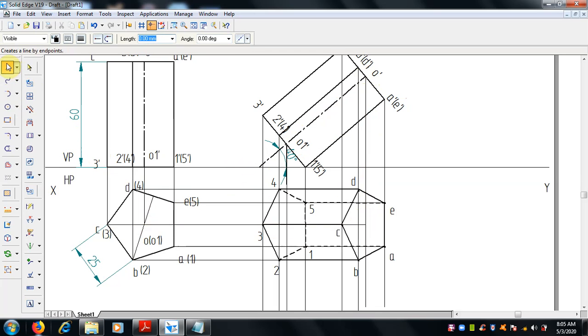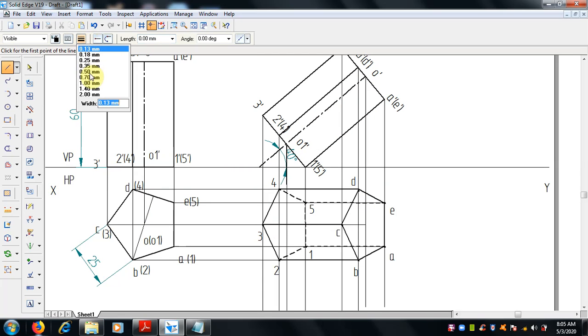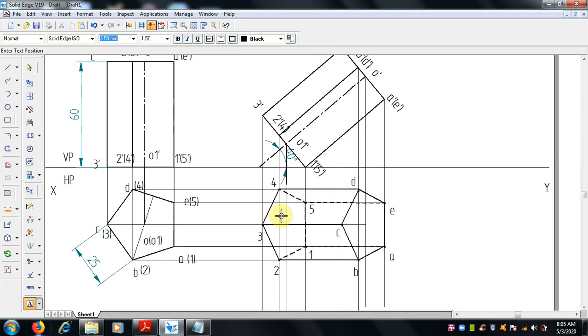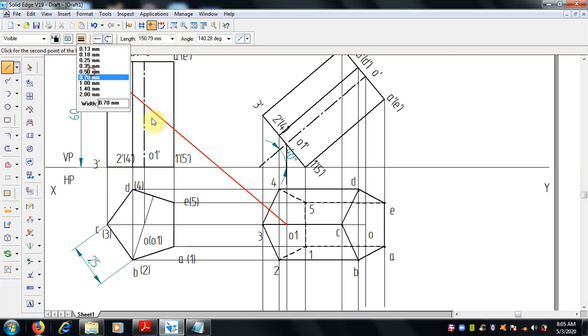Now the intersection of these two should be connected with the axis line, 0.5 mm thickness. See here O1, sorry, select text command, here O1 and here O. These points we draw with the center line of 0.5 mm thickness, join O1 and O. So now the axis is there.